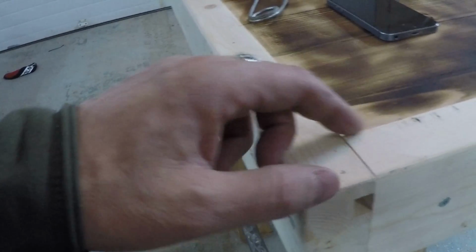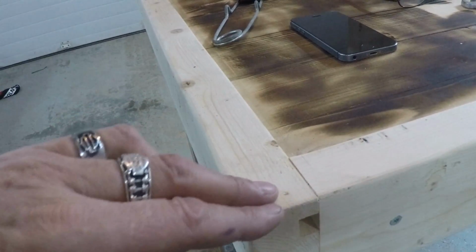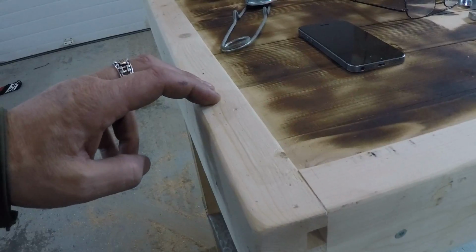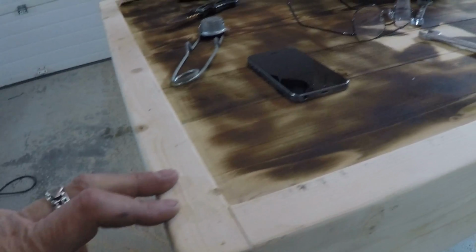And then again, down here in the ends, they have to have a nice 45-degree angle where they come together here as well. Unless I stop it short about here and then put an actual angle iron piece here and here and try to mimic the thickness of that with wood to make it look like it's going all the way across. I've got to come up with something, but before I do that,